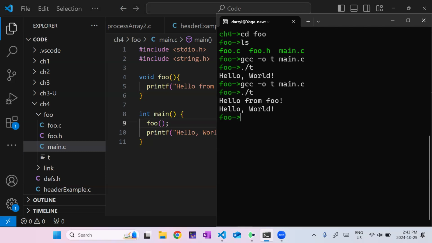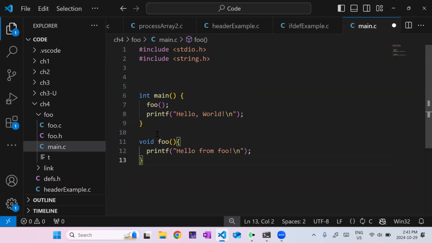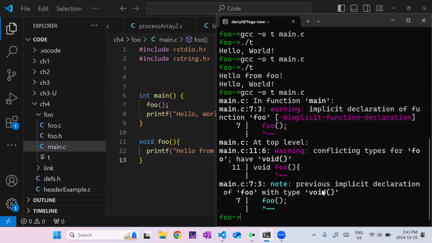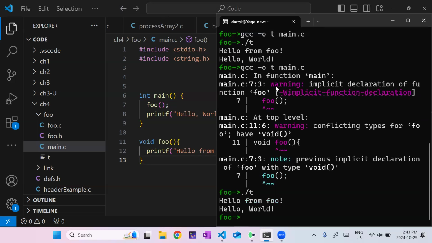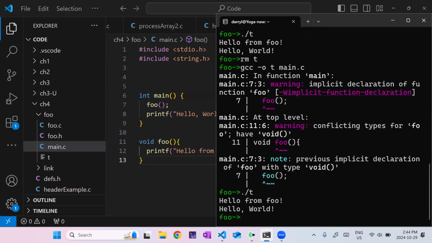So, the first step in modularizing my code is by using functions. So I'm going to break down different tasks into different functions. And then, well, we've seen this before, but I want my code a little more organized. So I want my main function to come first, because that's where I would logically start reading. And then my foo function underneath, but now I get a warning, implicit declaration. I wonder if that would actually still work, though. Yeah. Implicit declaration of function foo. Yeah, it still works. Okay.